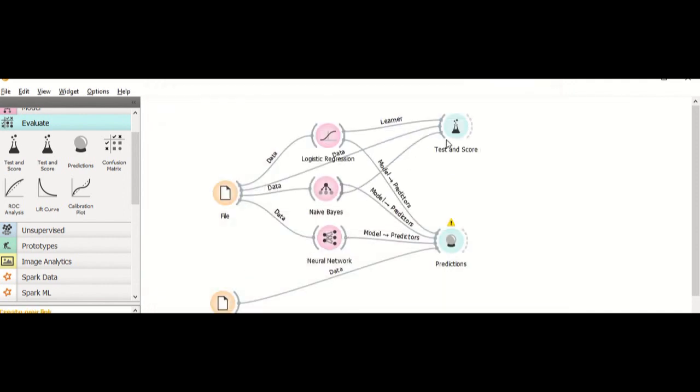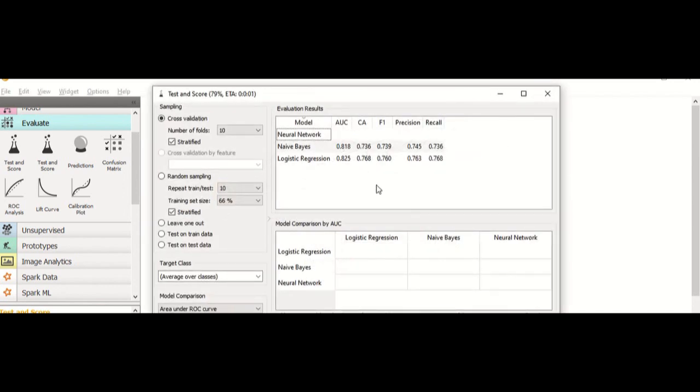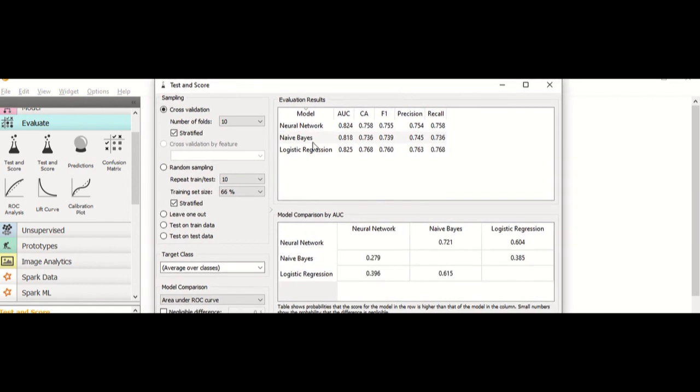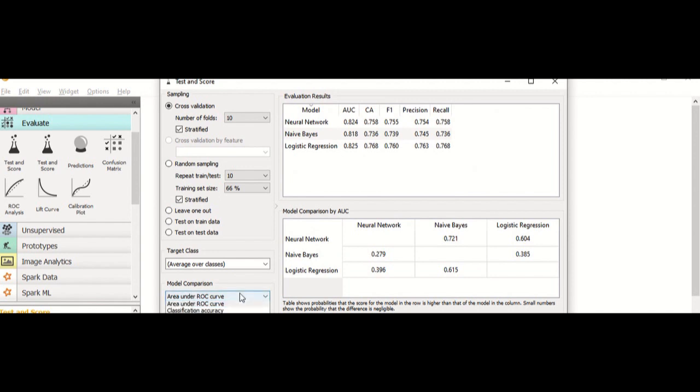Similarly, you can see the same for naive Bayes as well as for neural network, and you can see the scores for all three. You can even compare the different parameters out here.